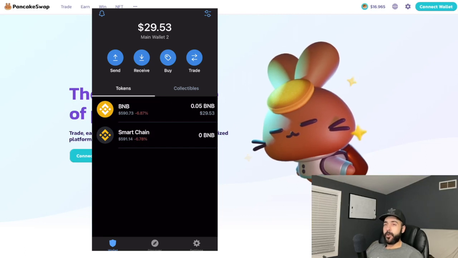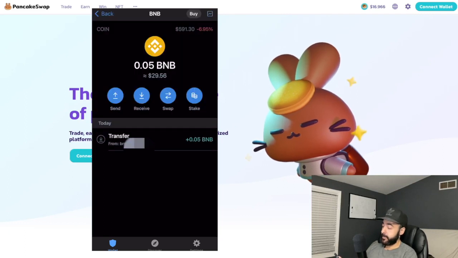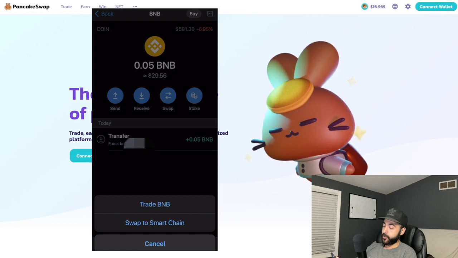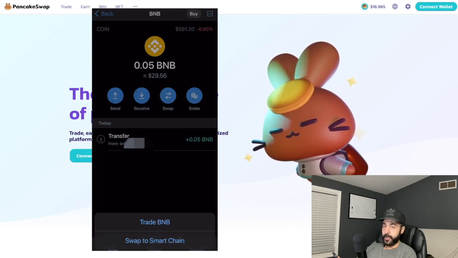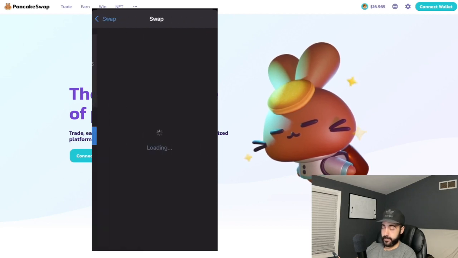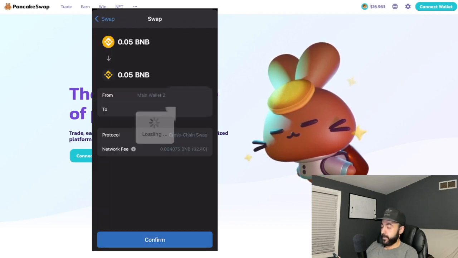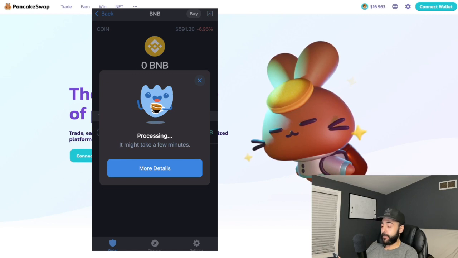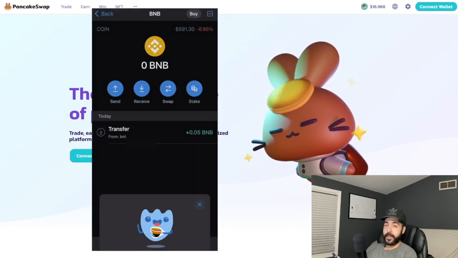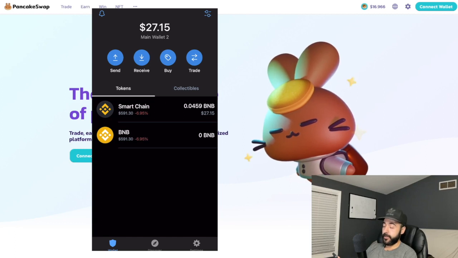Step 3. Once you've sent BNB into your Trust Wallet, you will see it in your Trust Wallet. You click on BNB and then click on Swap, and then click on Swap to Smart Chain. You want to convert your BNB to the Binance Smart Chain. Click Confirm. It'll say processing. It might take a few minutes. You can go ahead and X out of that one, and then you'll see that it has converted the BNB